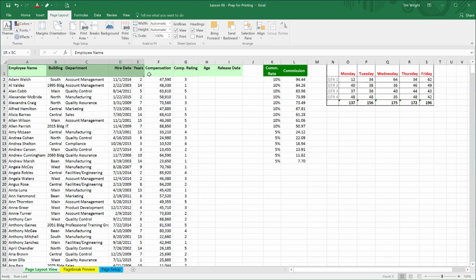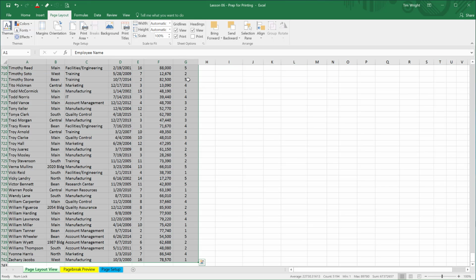I could do something like this and then select that all the way down to the very bottom. So I could do something like Control Shift down arrow. So as you know, Control down arrow will take me to the bottom, but Control Shift down arrow, adding the shift, also makes a selection as it goes to the bottom of my data. The great thing about Control and arrows is it stops at the end of your data. It doesn't go to the very bottom unless you do it one more time. So now we could go to Print Preview,